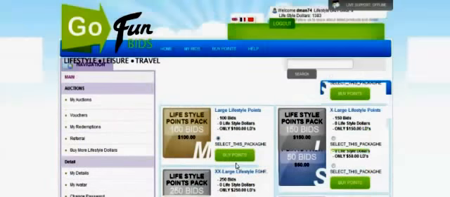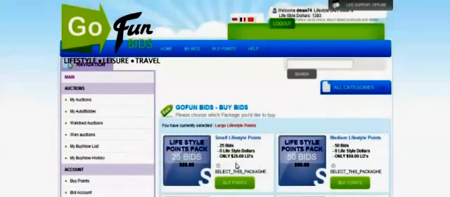Likewise, they can go in and use those in the travel and the Gofun places. I believe from what I've heard, by Monday the lifestyle mall will be live, and they can go into the online mall that we have and spend these lifestyle dollars as well. Hopefully that answers the question about why bids are free. They can get on here, win stuff, and pay for the shipping and the tax with lifestyle dollars, so literally nothing out of their pocket to bid and win our products.